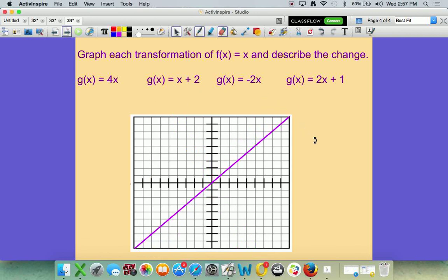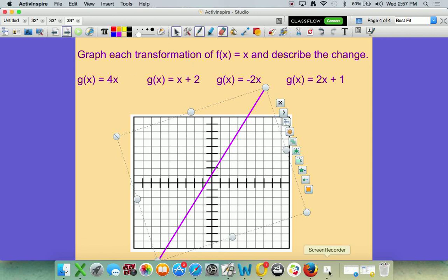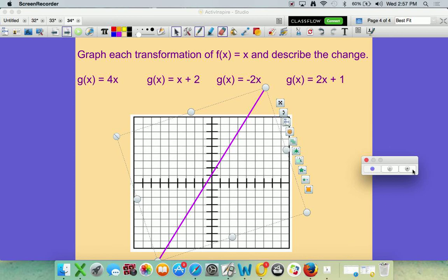All right, then our last one, 2x plus 1. Well, we've got a slope of 2, so it goes kind of like that. And then we've got a y-intercept of 1, so we're moving the entire thing up 1. And there's our line. And that is how you would do that, along with describing the changes that are going on along with that. Any questions, please let us